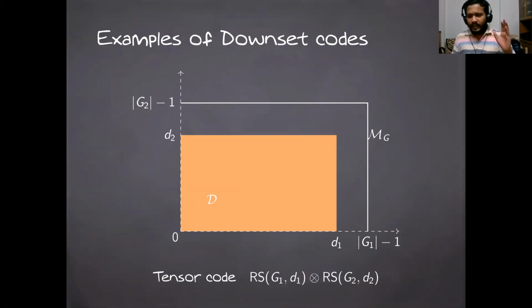You could put degree bounds on each of the variables separately, independently. In the one variable case, if you put a degree bound, you get the Reed-Solomon code. When you do the same on multiple variables, what you get is a tensor code. It's essentially a product code, essentially 2 copies of Reed-Solomon codes tensored to each other, and the dimensions multiply. So this is a much larger code.